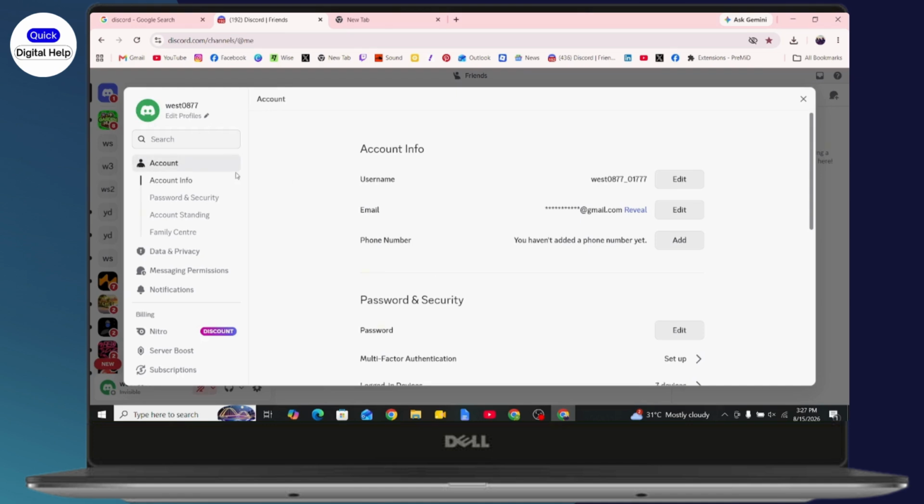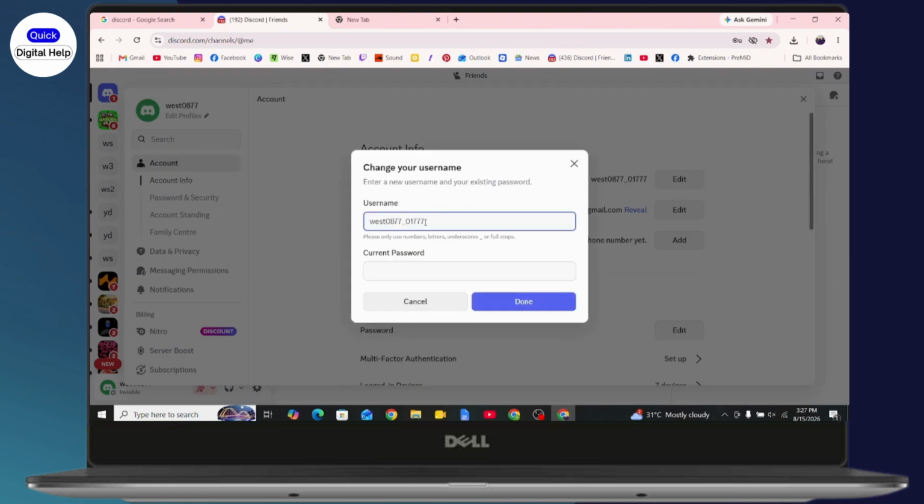Click on that, and under your account info section, you will have username. You need to go with the username. On the right side, you will have the edit option. Click on edit, and here you need to remove the username that you previously had and then paste another invisible